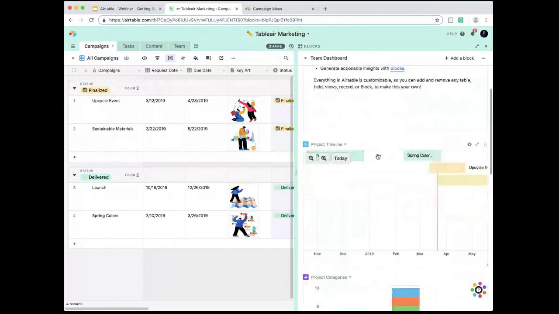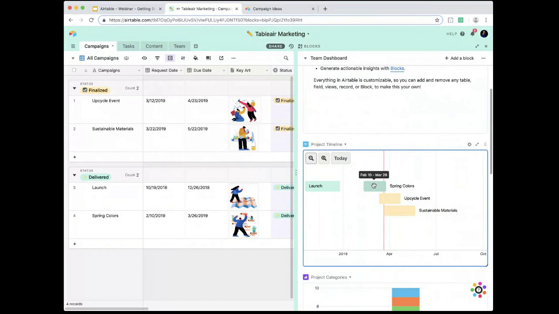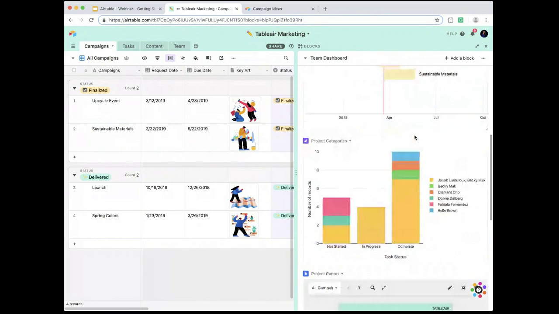We also have a timeline block, which allows you to see all the various dates, start and end, in a quarterly view, as well as a half-year view. And you can quickly even drag and drop the dates directly here and see those dates automatically reflect in your base as well. You can also create charts to really see your team's bandwidth. So you can see whether or not projects have been started, whether or not they're in progress,